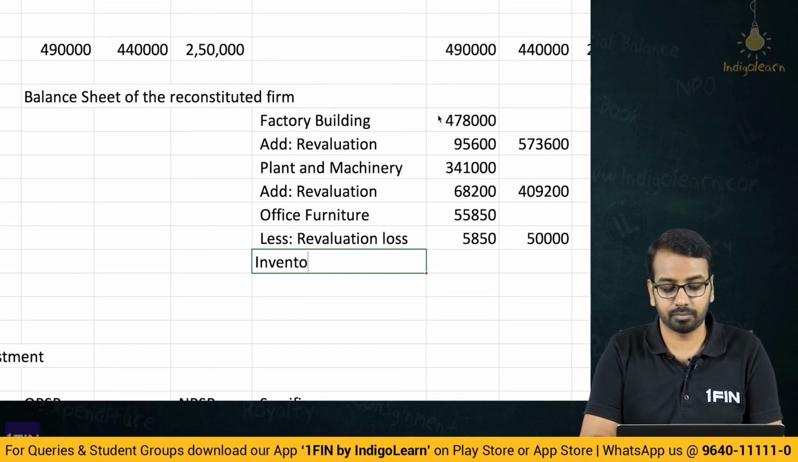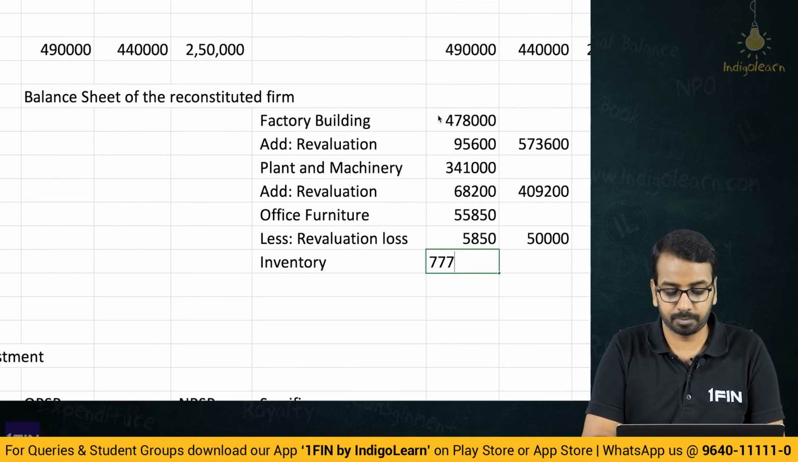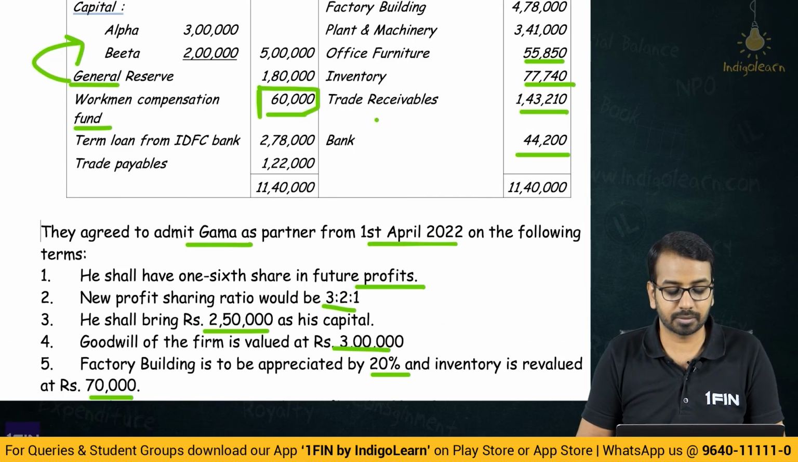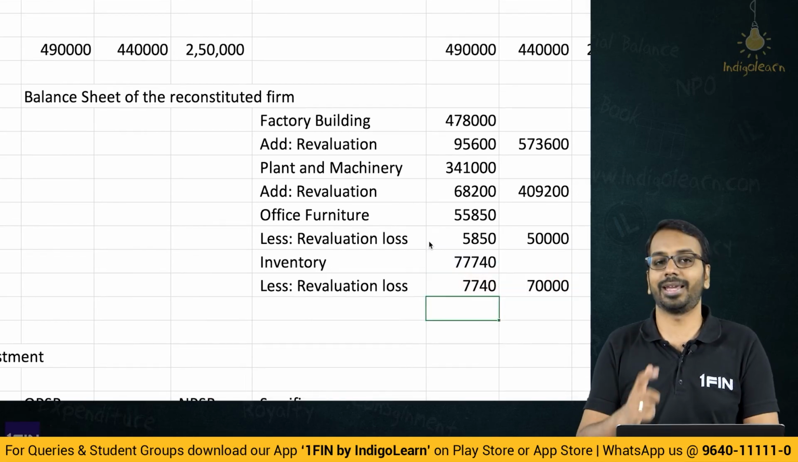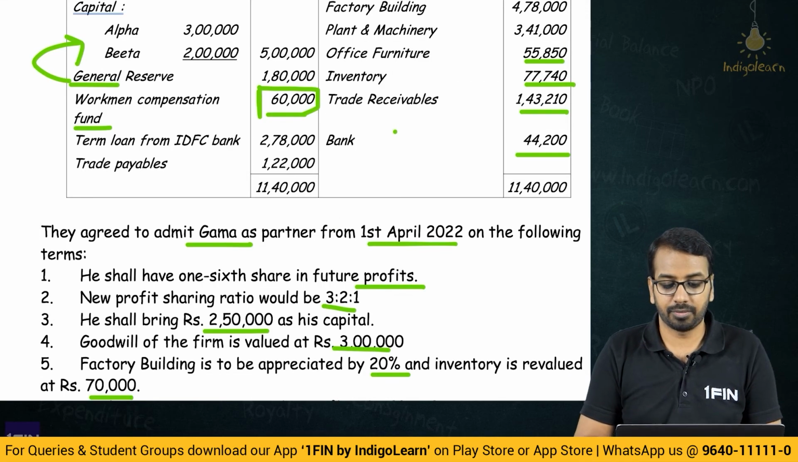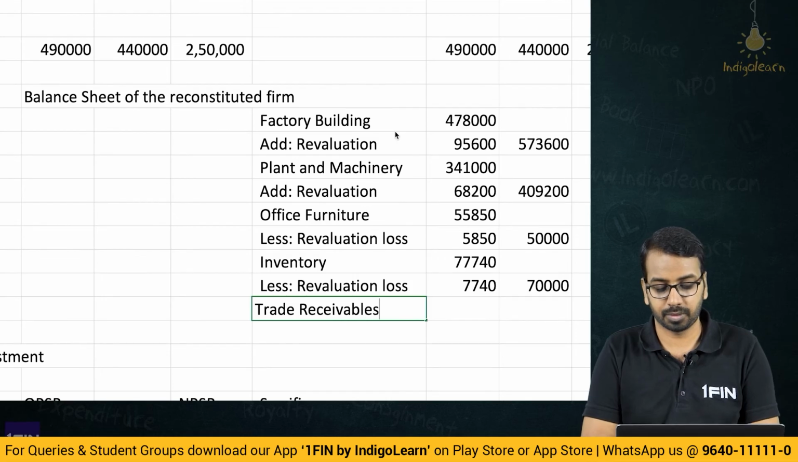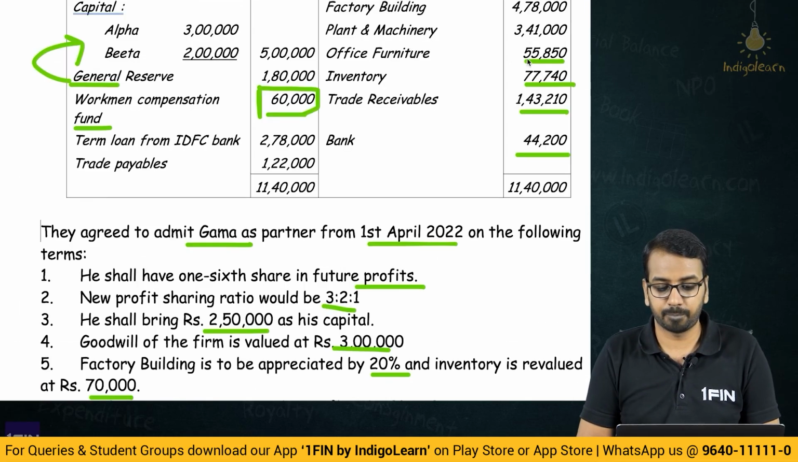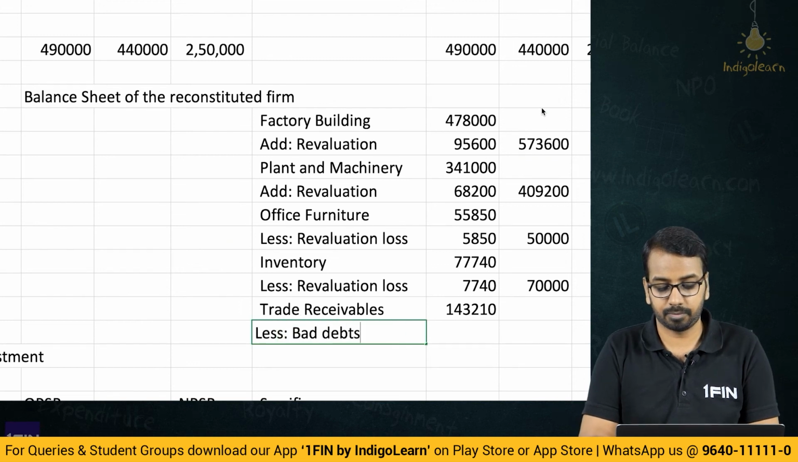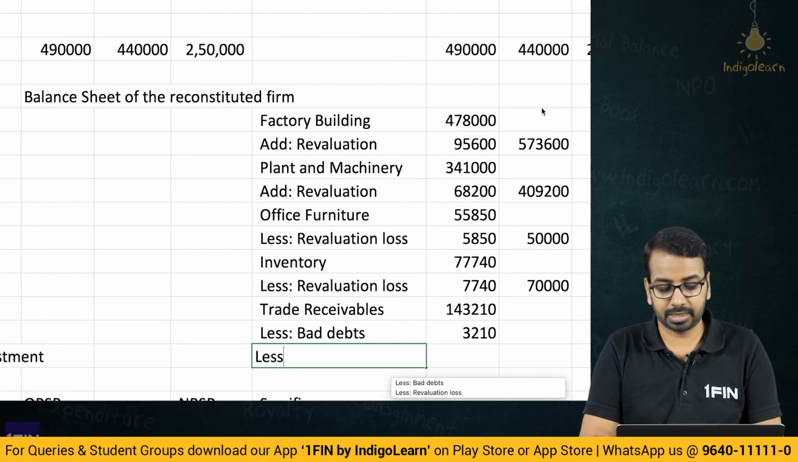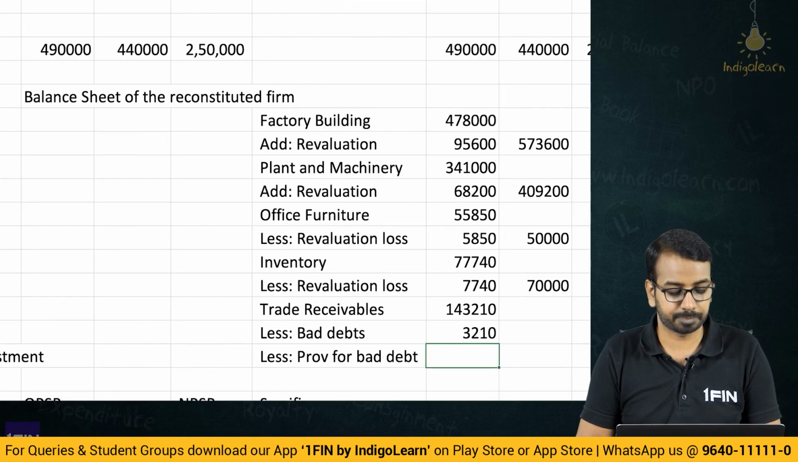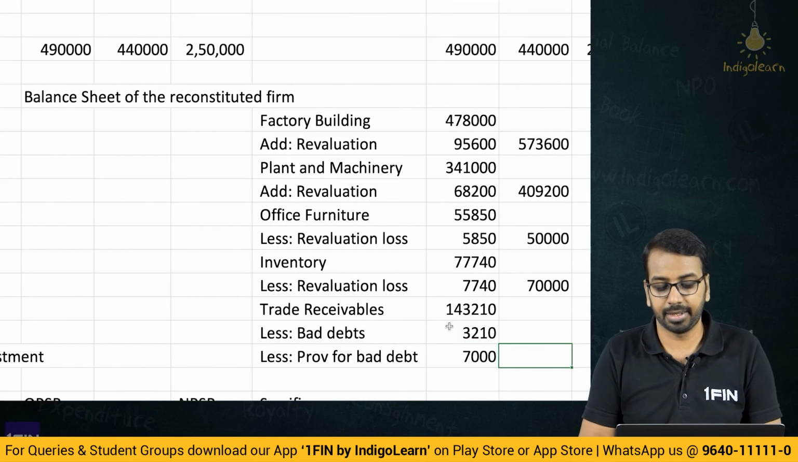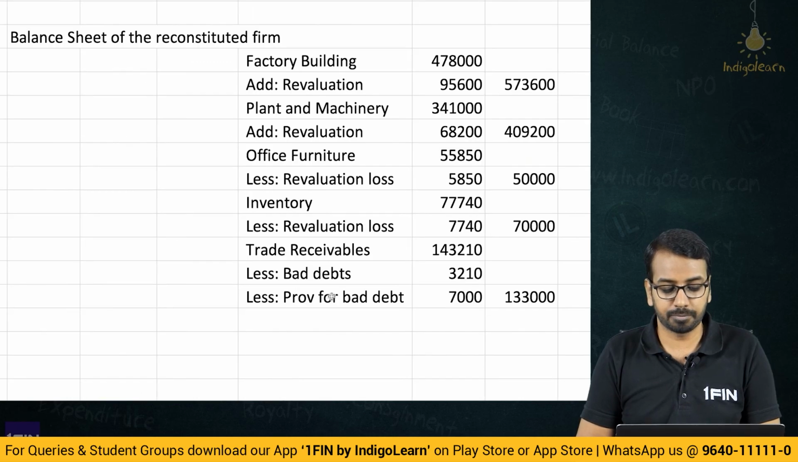Then we have inventory 77,740 less revaluation loss 7740. So 7,740 minus 7740, we get how much? 70,000. Then we have trade receivables 143,210 less bad debt 3,210 less provision for bad debt. So provision for bad debt is 7,000, right? So 1,40,000 minus 7,000, you get 1,33,000. 1,33,000. Then bank account,